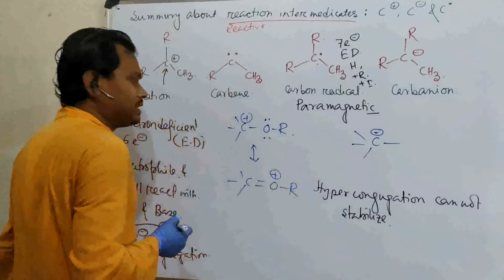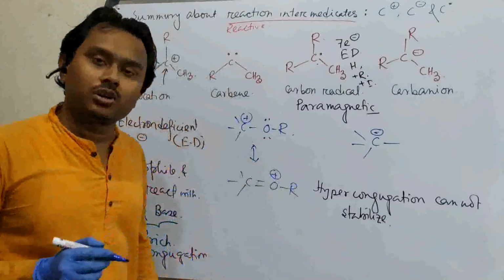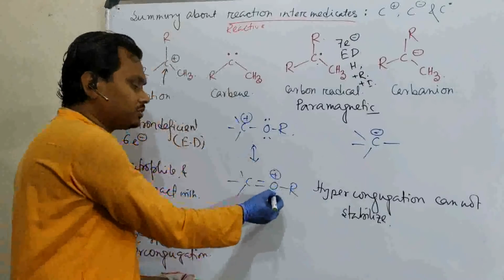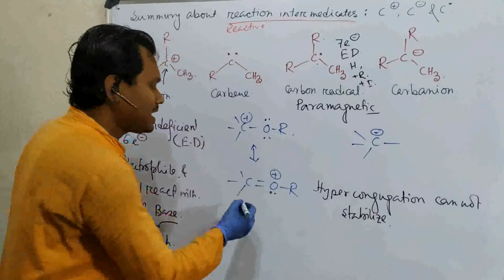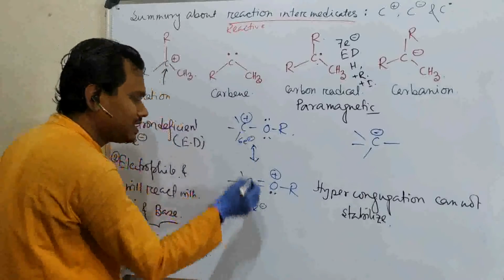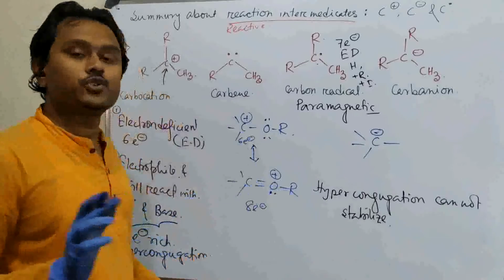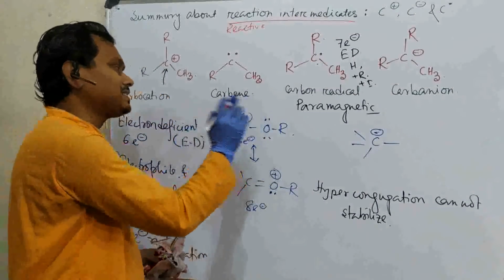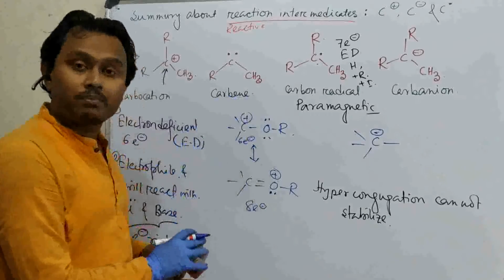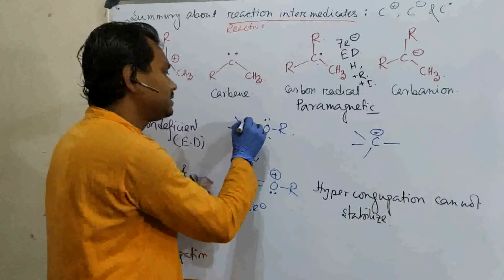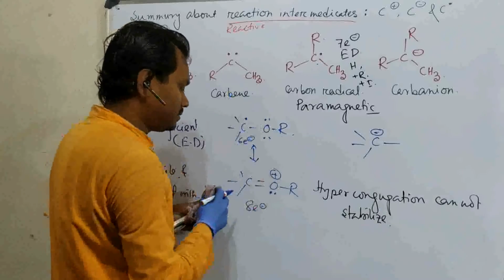Now the question: there was a positive charge on the carbon atom and right now the positive charge is on the oxygen atom, which is more electronegative. Why will this occur? Because of the octet. Previously it was a 6 electron species. Right now every atom in this molecule enjoys 8 electrons, which means stabilization. That is the reason. In the case of a radical, the same thing is also applicable.